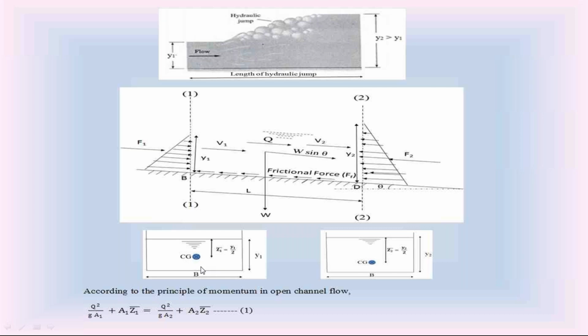This may be a river or an artificial channel. Check the bottom width. The rectangle bottom width is B. That is section 1 and also at section 2. The channel is having the bottom width B. Then this rectangular channel is having the hydraulic jump.